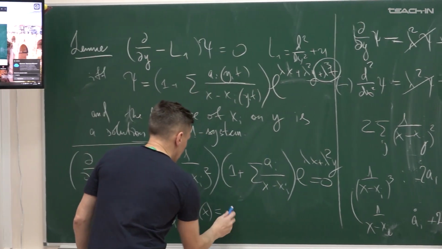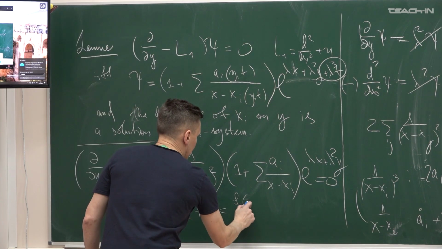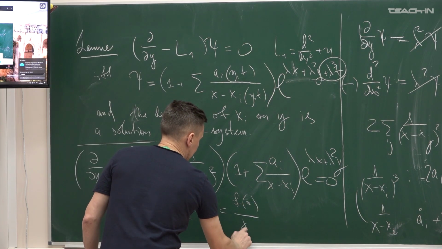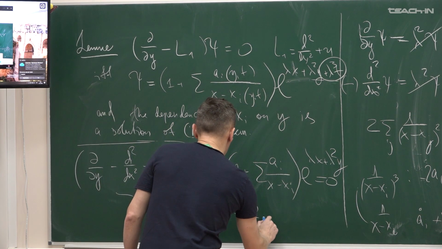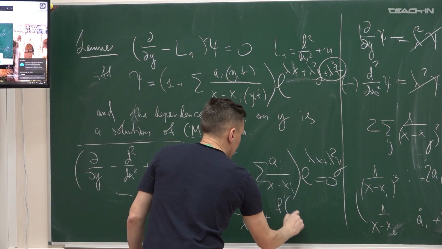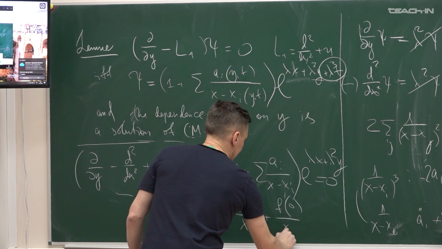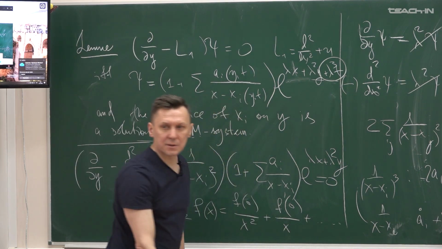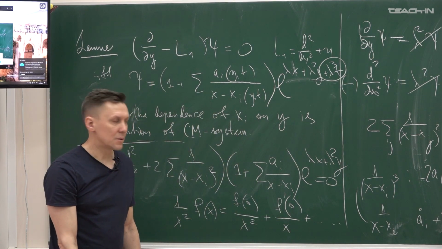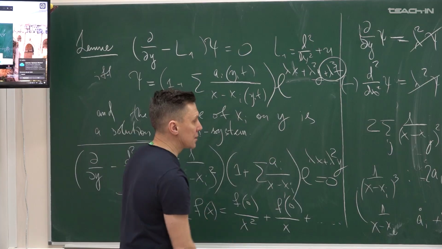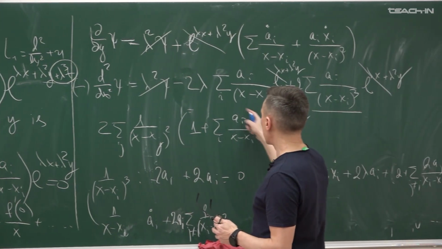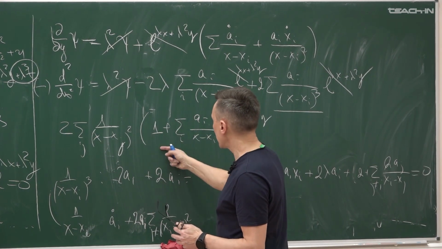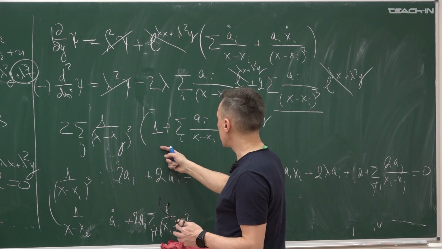So it is f1 over x2 plus f0(x) plus etc. Okay, so we have to calculate the value of the derivative of this expression at the point